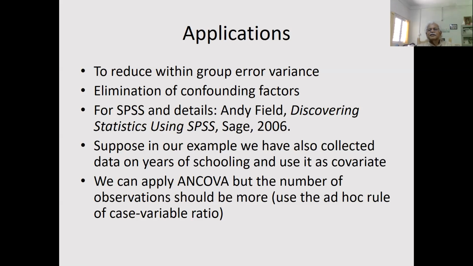There is no fixed deterministic rule regarding what should be your sample size, but usually, as suggested in Andy Field's book and other books, it is good if the sample size divided by the number of all the variables that you are considering is 20 or more. That is all the better. So this is an ad hoc rule. You can feel happy with 15 also, or you may aspire to have a value of 25.